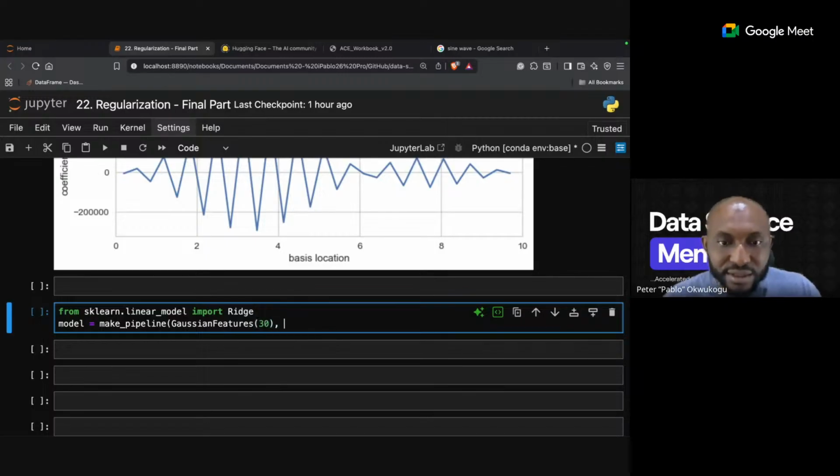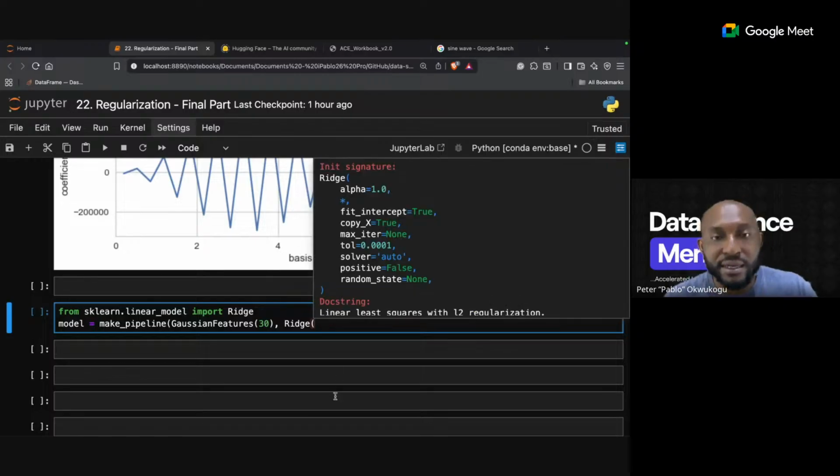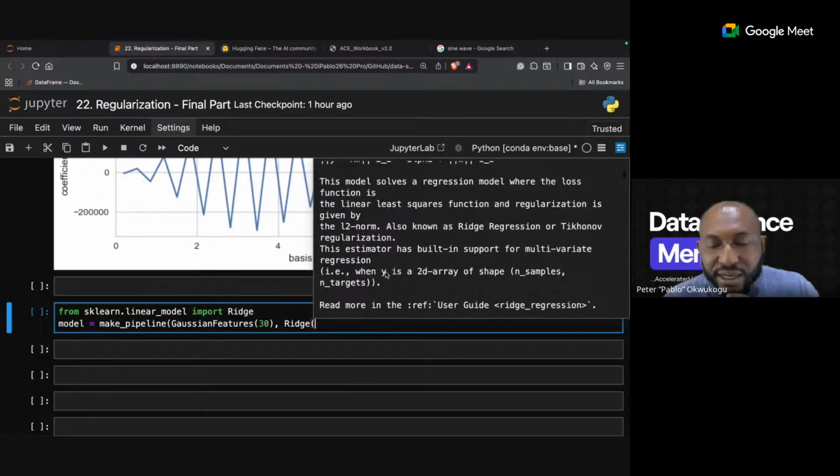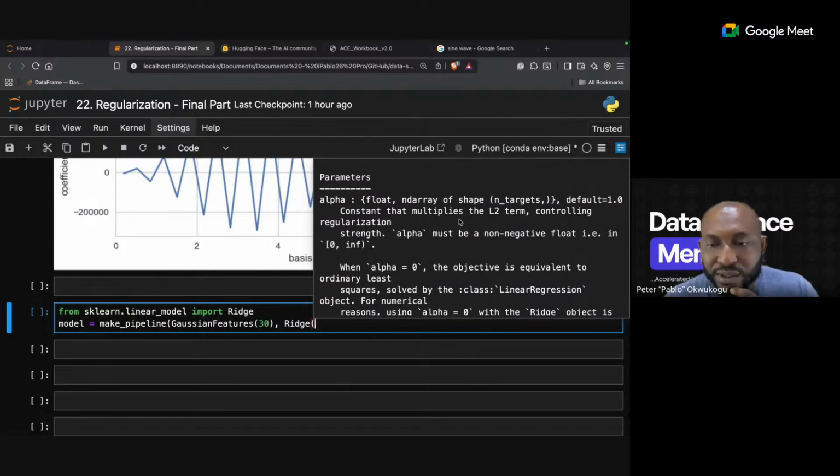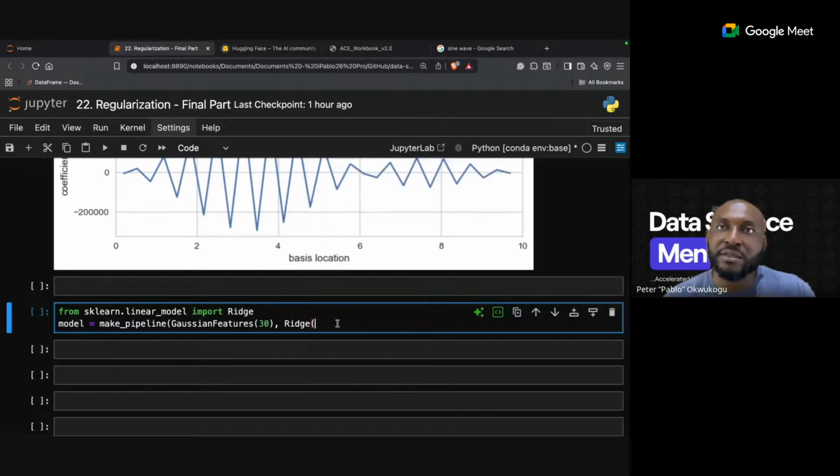However, I would now introduce Ridge. And inside of Ridge, I can look at the alpha here. The alpha is the one I'm going to work with, which controls how it manages or punishes the coefficient. So I'll say alpha, I'll just say 0.1. By default, it is 1, right?